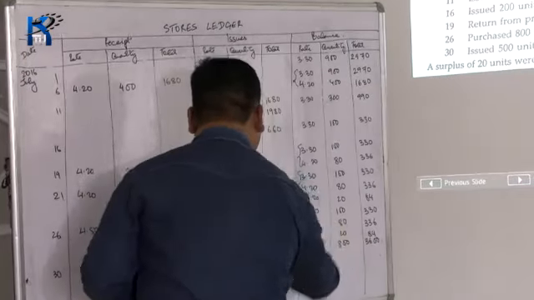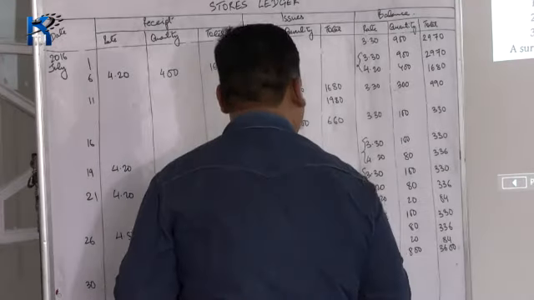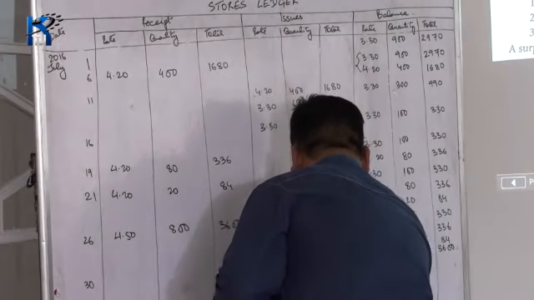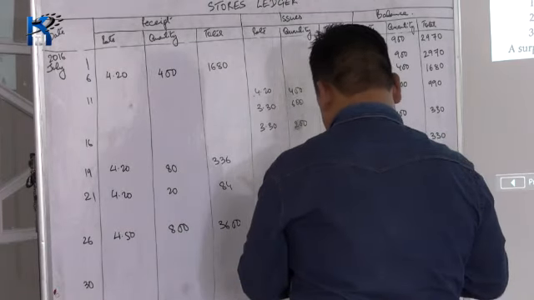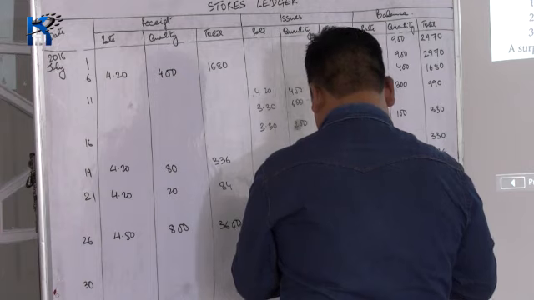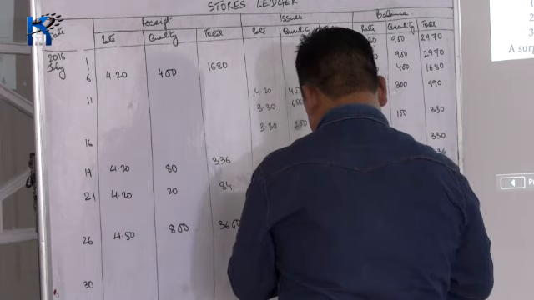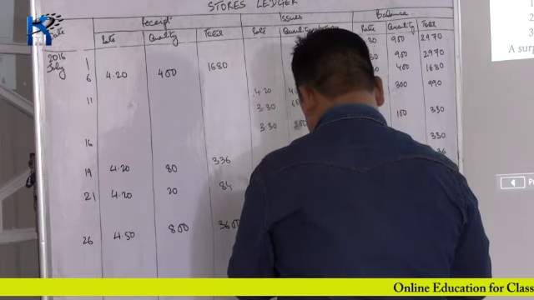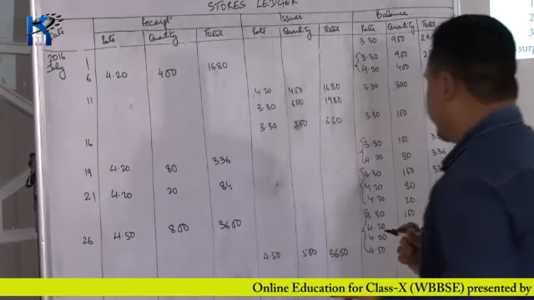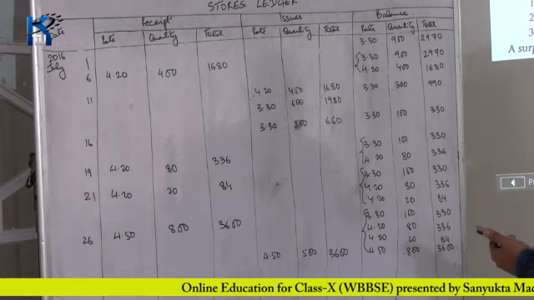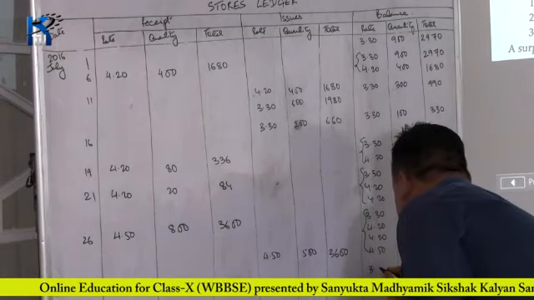So let's see. The last batch was at the rate of 4.50. 500 units were issued, totaling 3,600. So the balance remaining at the end of the month is 100 units of 3.30,